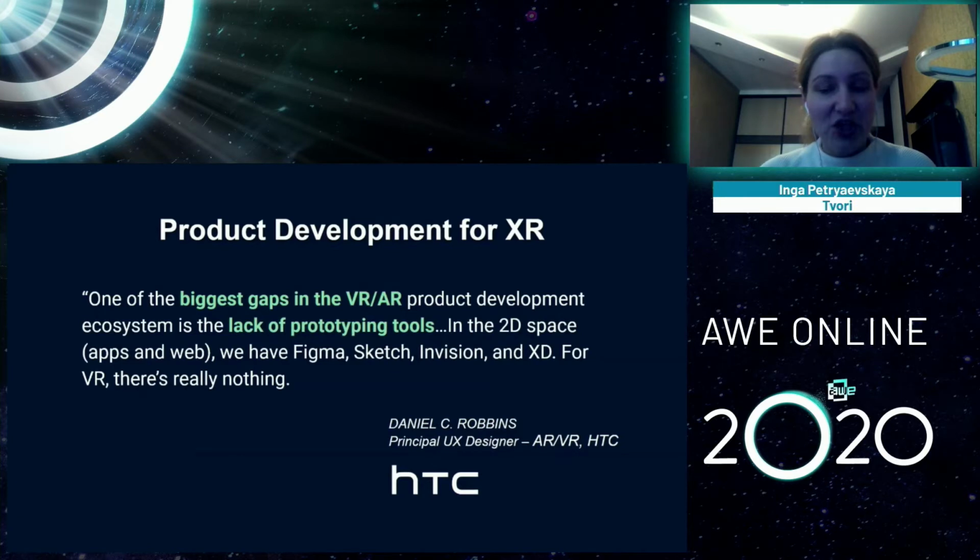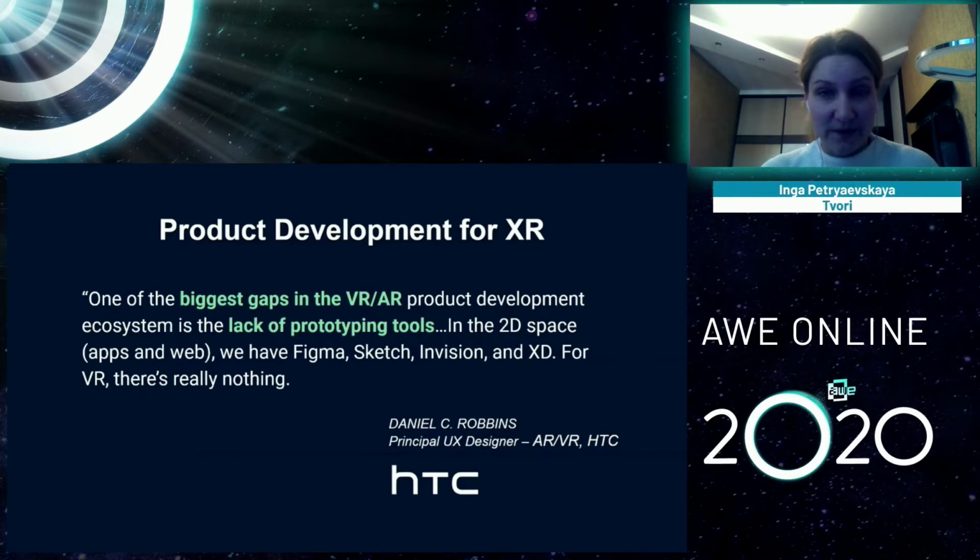Daniel Robbins from HTC, who has been a designer for about 20 years already, now calls himself a spatial designer. And he said that there is a huge gap in building for VR and AR, which really slows down the adoption of XR. And this is the lack of prototyping tools. So do you think that we can inherit the 2D tools, the PC flat screen tools, to design and prototype